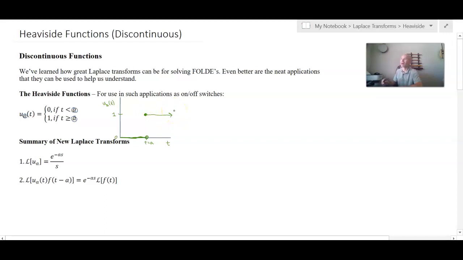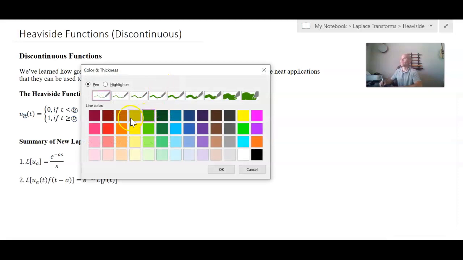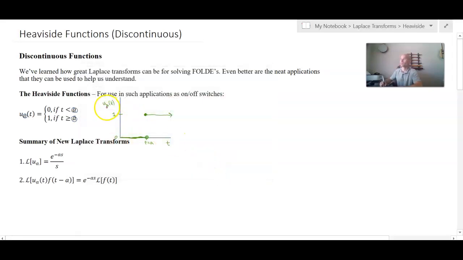thereafter. Okay, now, usually we're not concerned about time less than 0, because usually it is time that we're keeping track of, but now the switch turns on. Okay, that's all this function is. So if a was equal to, say, if this was sub 2, then this would be time 2 at which this change would take place. Okay, so there are some pretty cool things we can actually do with this. Why would we just want something that's either a 0 or a 1? Well, we could really take advantage of this, and I'll just show